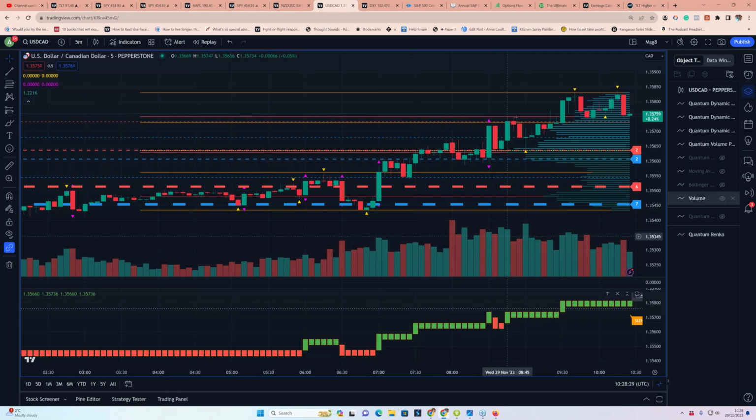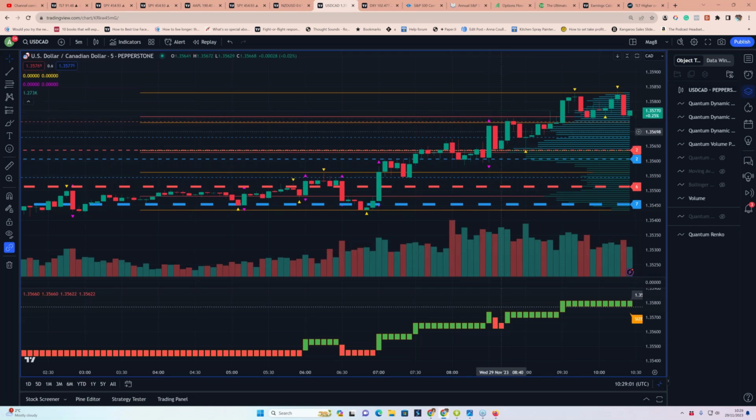This is, as I said, after London. This is at 8:30. We had another little burst of momentum coming in, another volatility candle again into the spread of the candle. But although we had that pullback on the Renko, and we had the two red bars there, it's interesting that it rested then on the volume point of control, because the volume point of control not only can act as resistance, but it could also act as very, very strong support. And in fact, it was enough to push it higher.